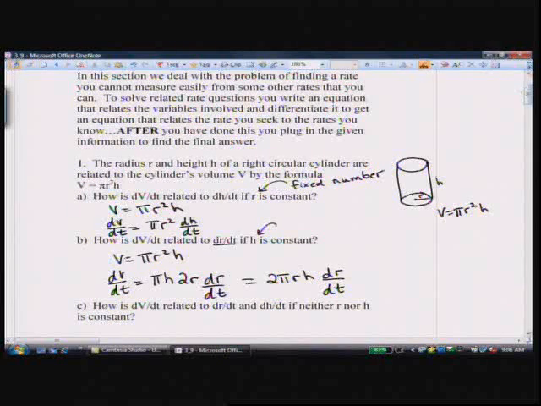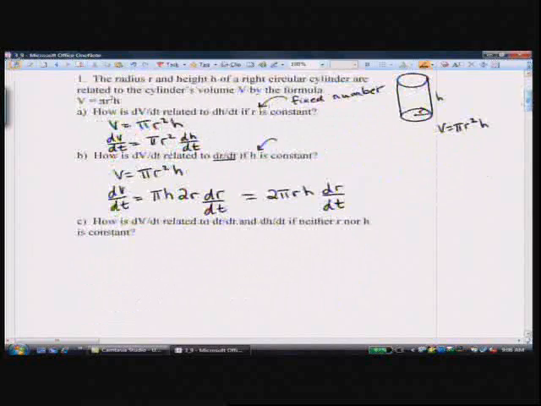Okay? Now, what about if neither h nor r, or r nor h, are constant? Well, if they are changing as well, then you actually have a product rule. You have two different things. You have a u